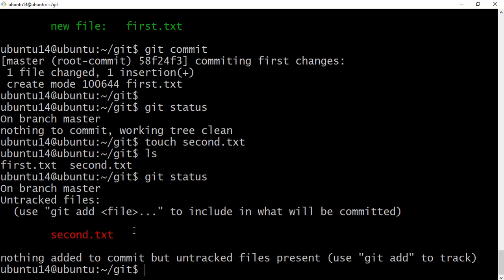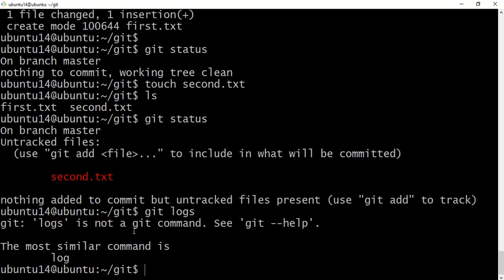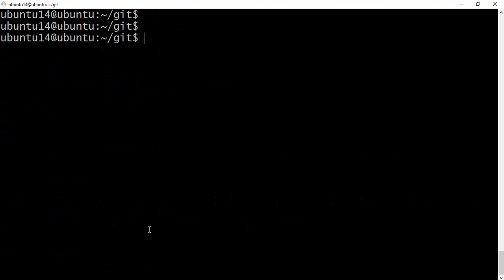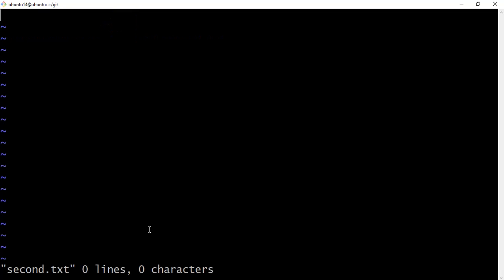Okay, then we can check the git logs. Earlier we did these changes. Okay, now I will open the second.txt file and I will write something, right?